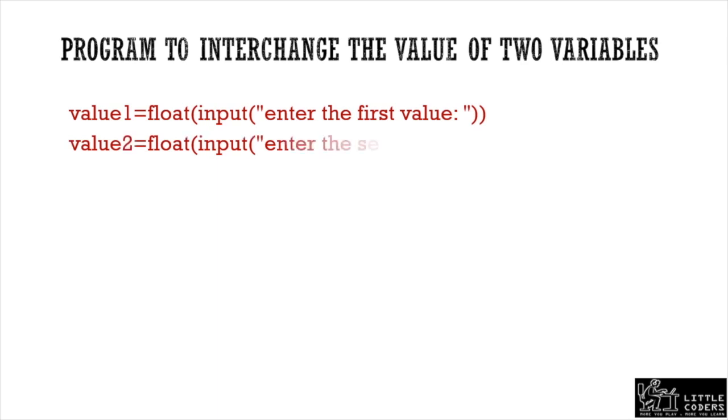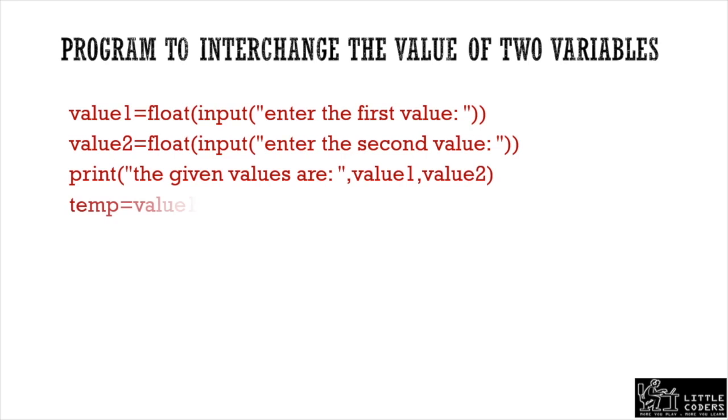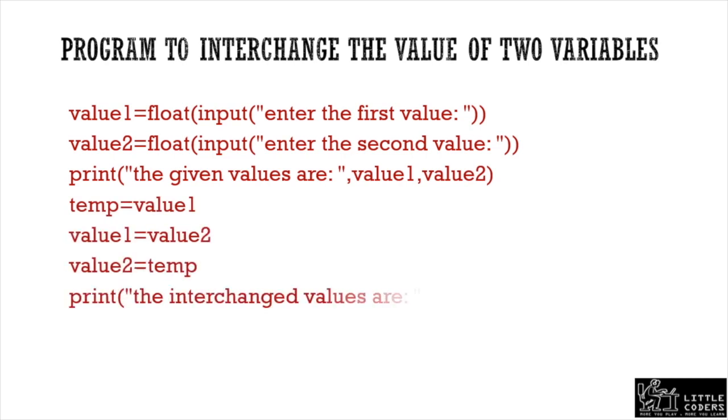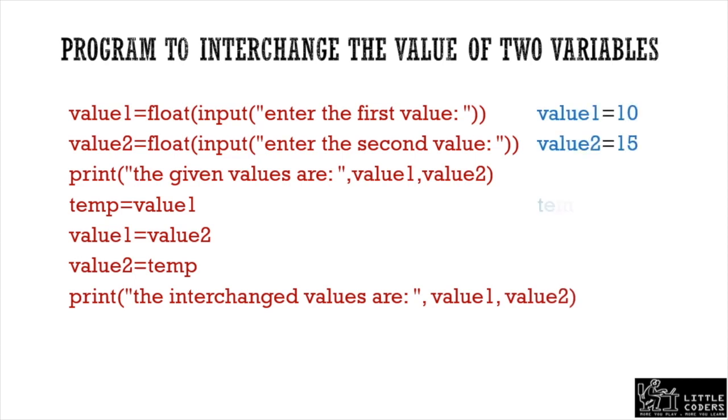Now, you see the statements which are used here. Value 1 can be an integer or a floating point value. Let us assume it is a floating point value. So in that case, float, input, "enter the first value". Value 2, float, input, "enter the second value". Like that, if you give text within quotes, that will be displayed. Using that, you can give the appropriate values.